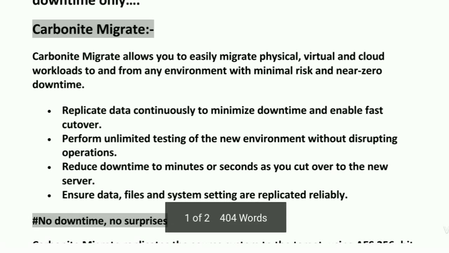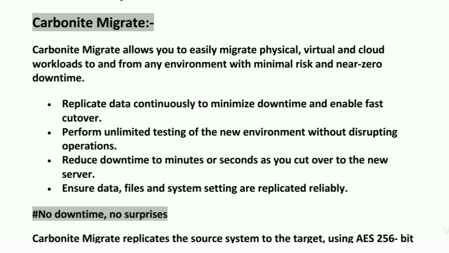Basically, Carbonite Migrate allows you to easily migrate physical, virtual, and cloud workloads to and from the environment with minimal risk and near-zero downtime. Replicate data continuously to minimize downtime and enable fast cutover. These are the benefits of this tool. Perform unlimited testing of the new environment without disturbing the operation. Reduce the downtime to minutes or zero as you cut over to the new server.